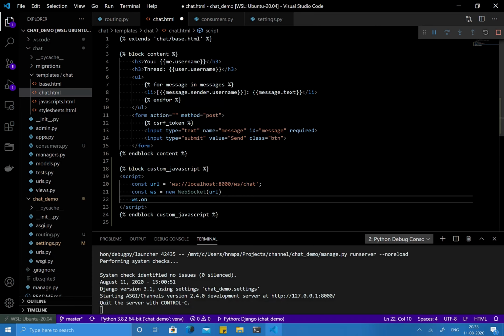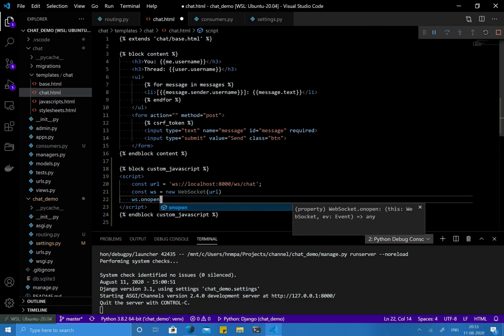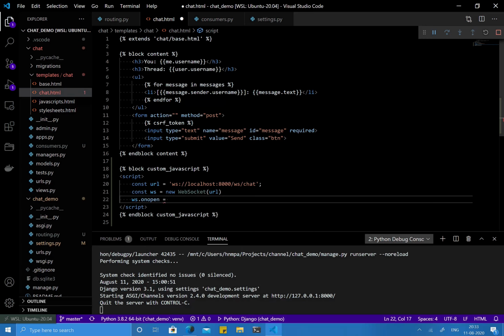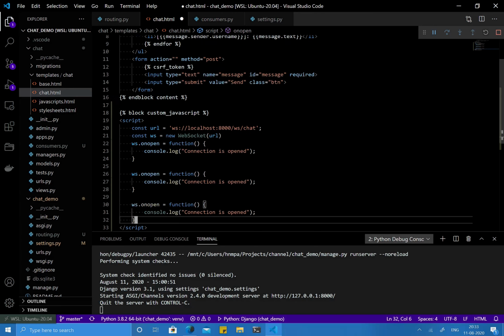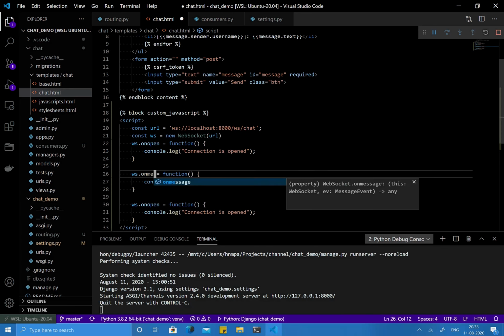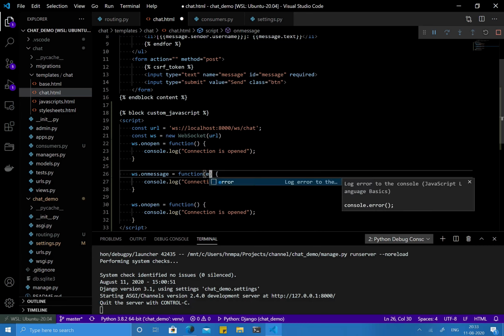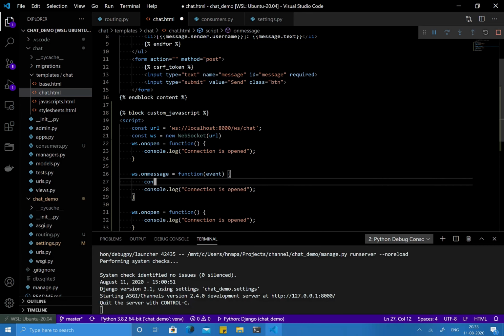Suppose the connection is open from the backend, so the on open event will be called, and you need to write here like this, let me console log for now, connection is open. Okay, then same way on message, and here we are going to receive the event as well. So I'll console log the event also, so console log event,